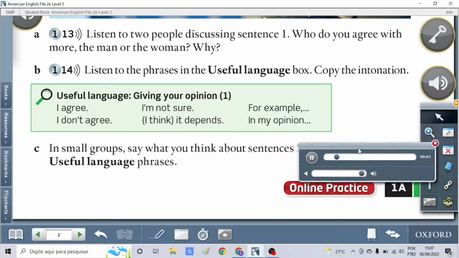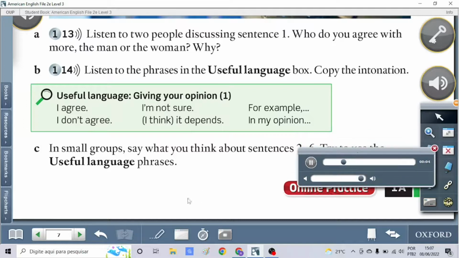I agree. I don't agree. I'm not sure. I think it depends. For example, in my opinion,